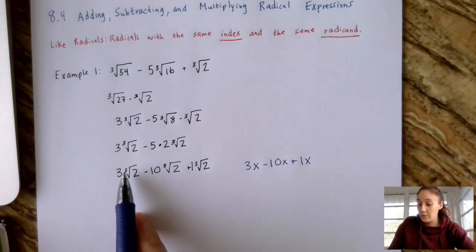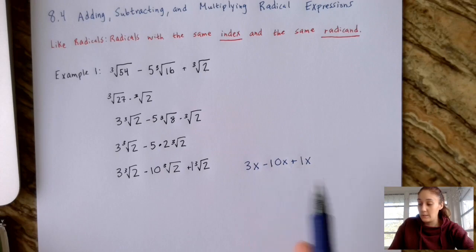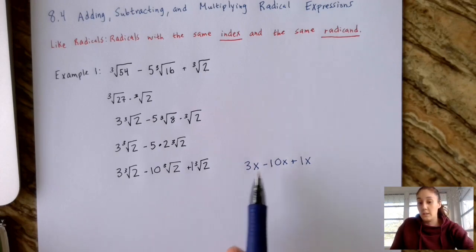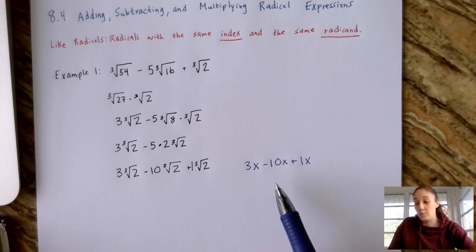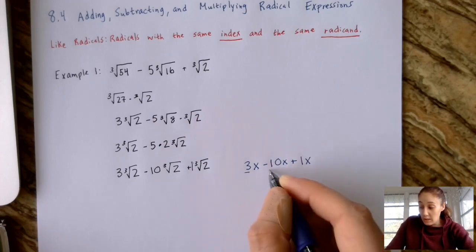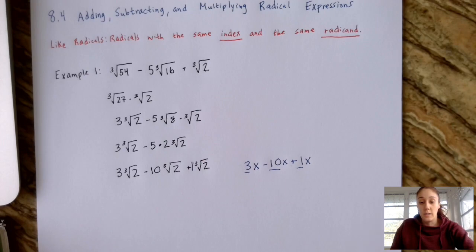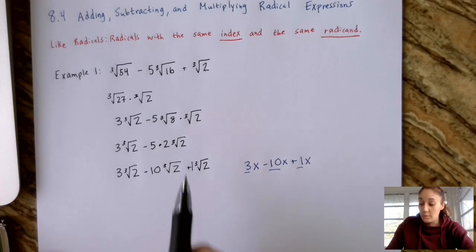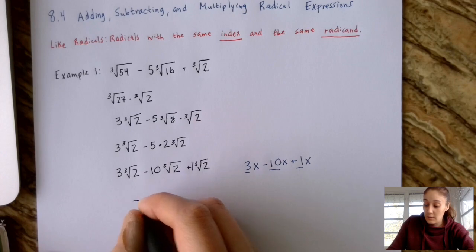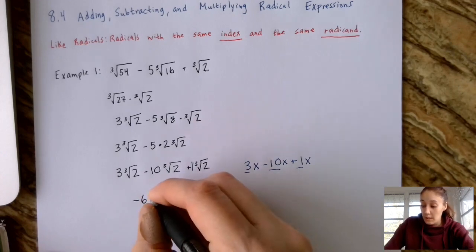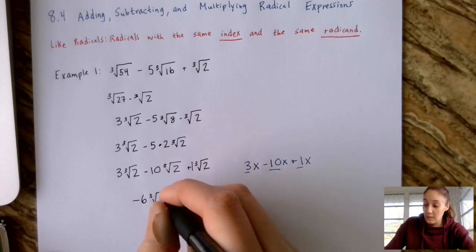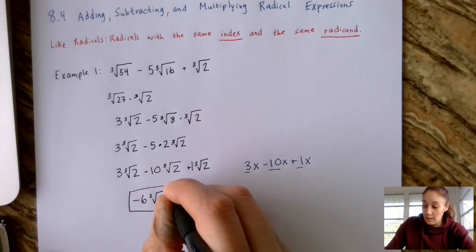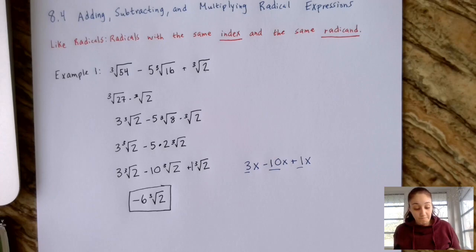If I replaced all these cube root of 2's with x's, these are obviously not the same, but the idea of how to add and subtract them is we just take the coefficients and add or subtract those. So that's what we're going to do with our radicals. So 3 minus 10 is negative 7, and negative 7 plus 1 is negative 6. So we have negative 6 as our coefficient, and then cube root of 2 stays the same, and that is our final answer. Alright, so the next example that we're going to do